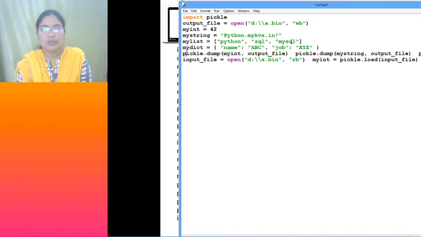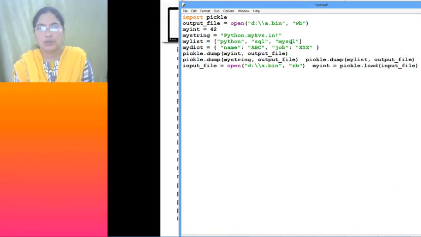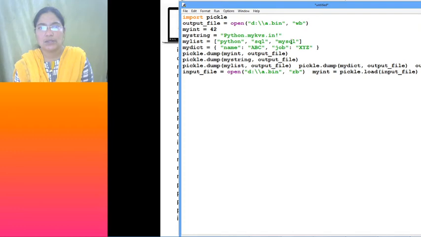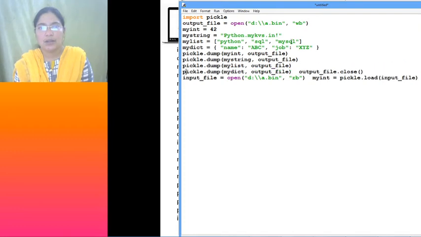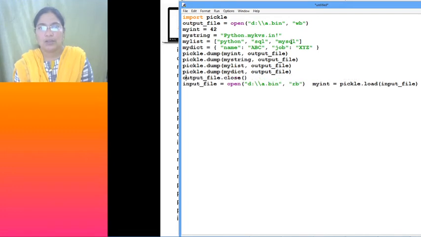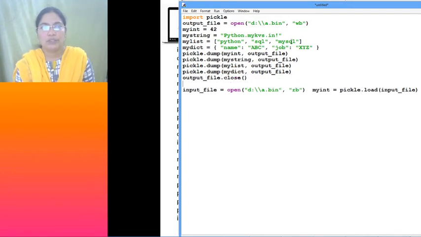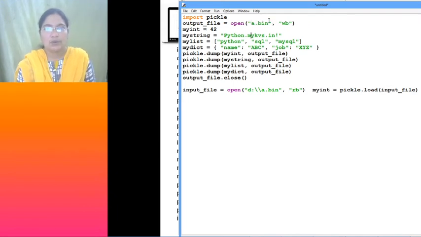Pickle dump, again I'm dumping one more. The list is dumped, then I'm dumping a dictionary, then the output file is closed. Now we have to open the same file to cross-check. Instead of the D drive, I'll take the current working directory only, a.bin, the same thing in the current working directory.